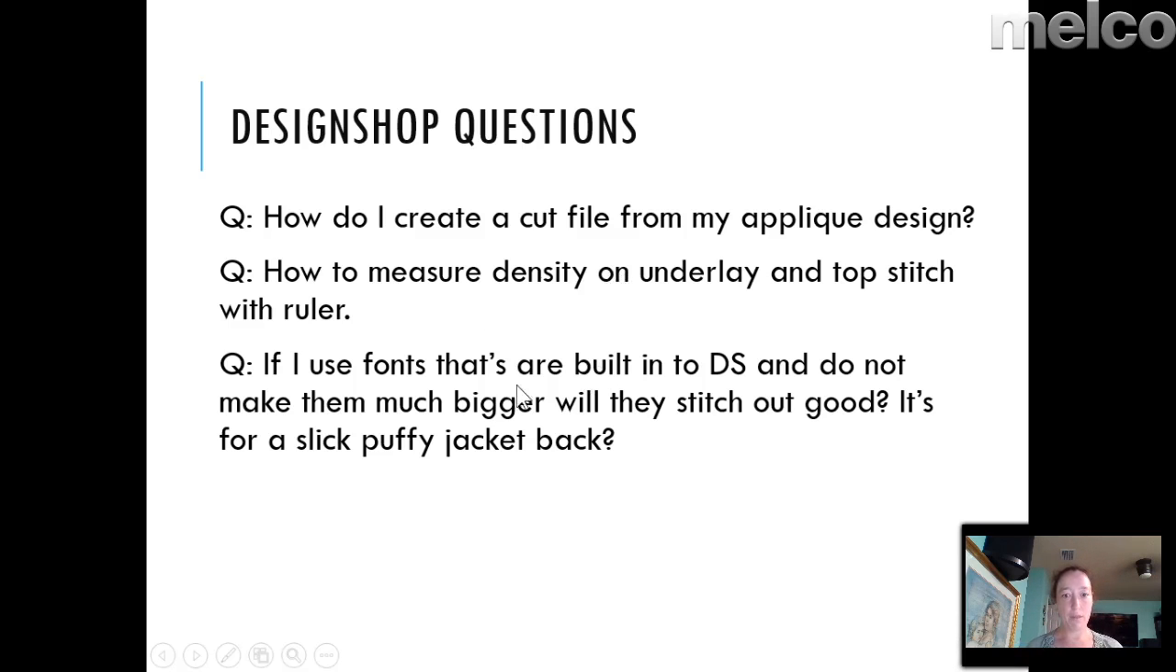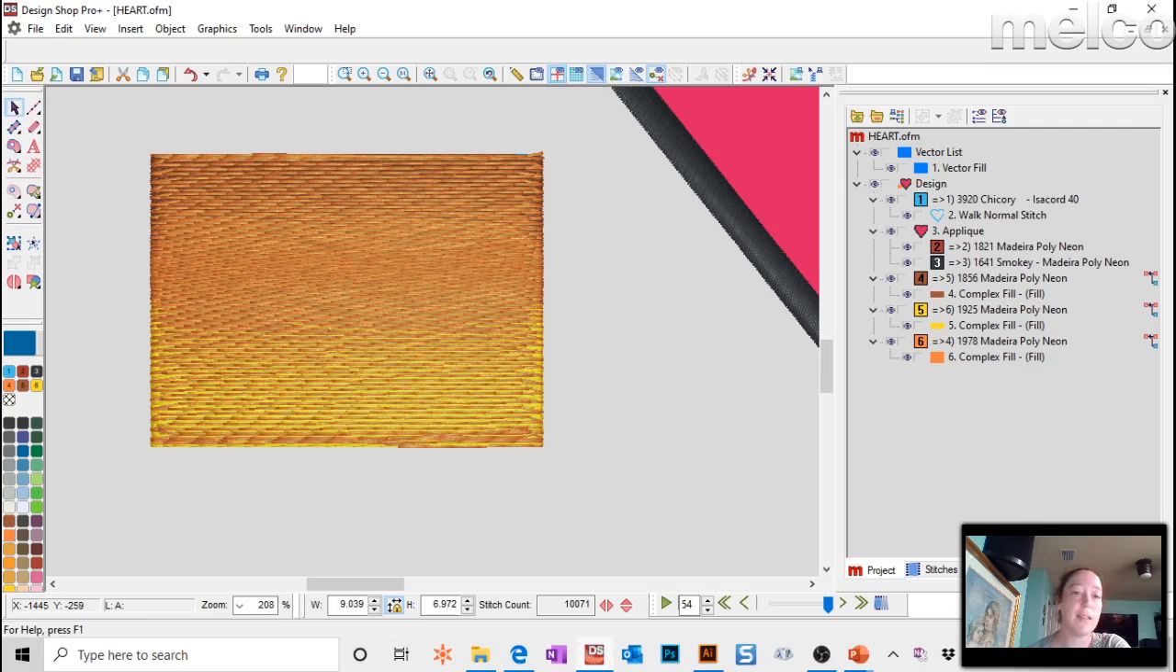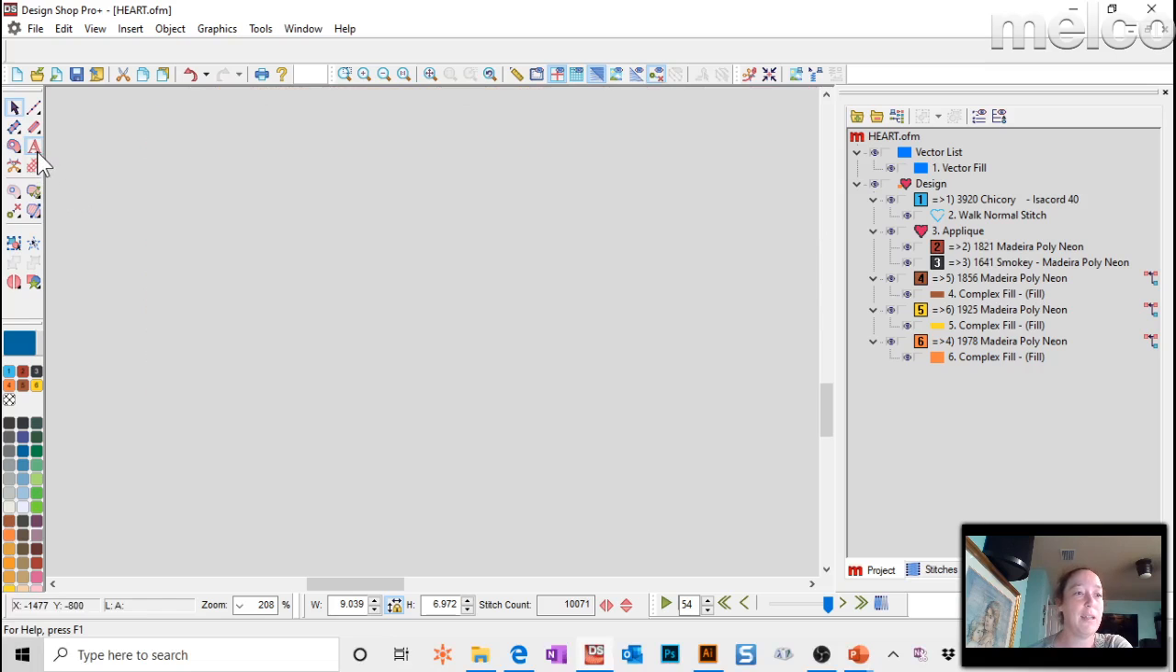We did that. If I use a font that's built into DS, will they stitch out good? It's for a slick, puffy jacket. Yeah, so the DesignShop fonts, I like, they all stitch out good, I think, anyway. The key to that is you'll see on the code sheets they do have recommended sizes. So if I come into the text,